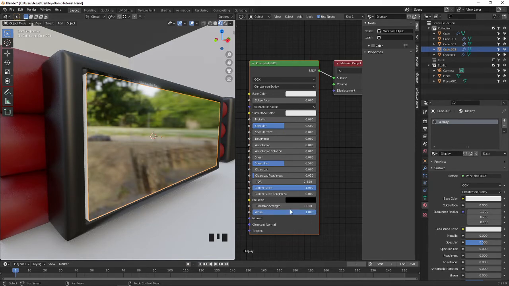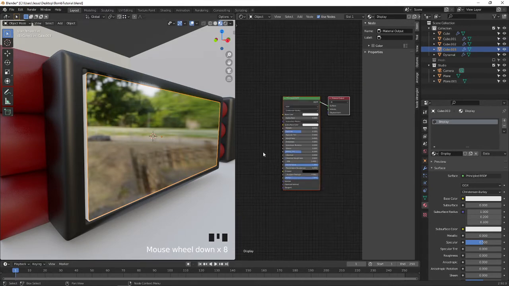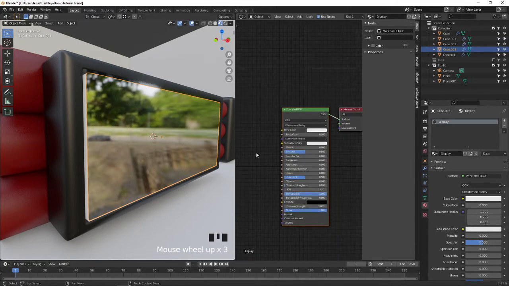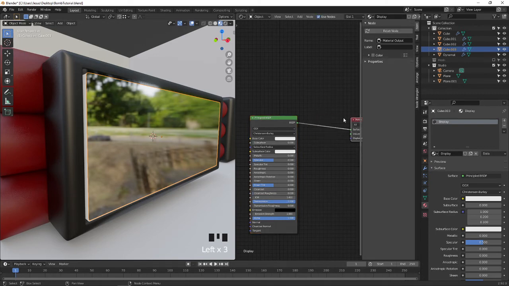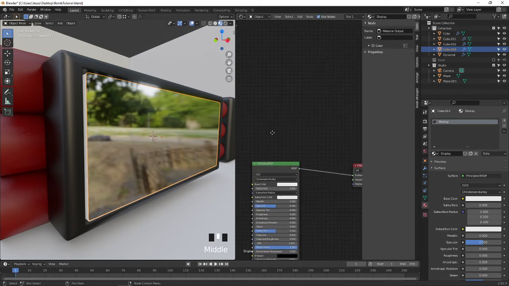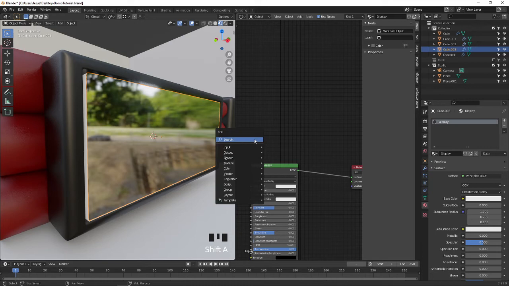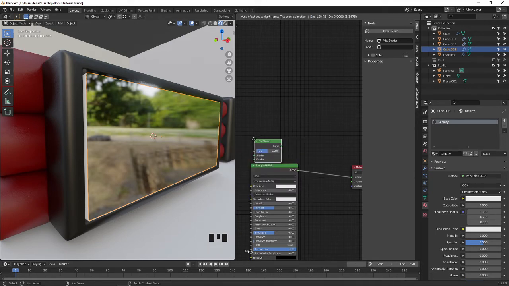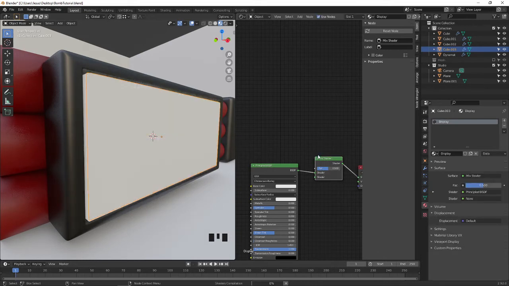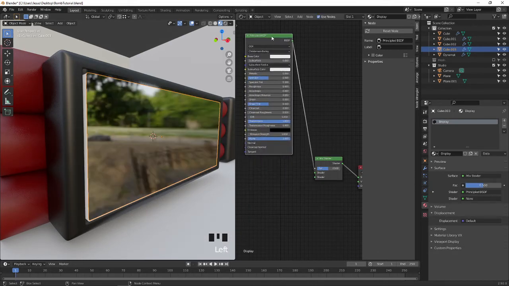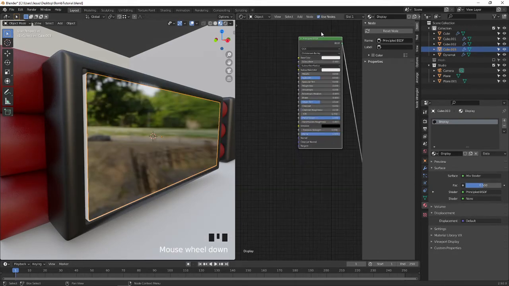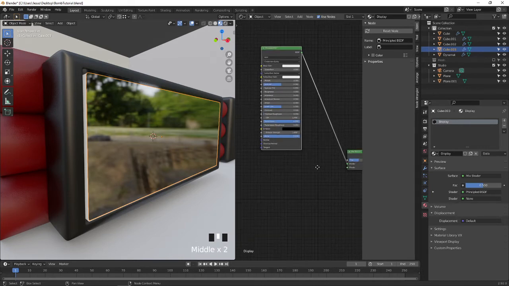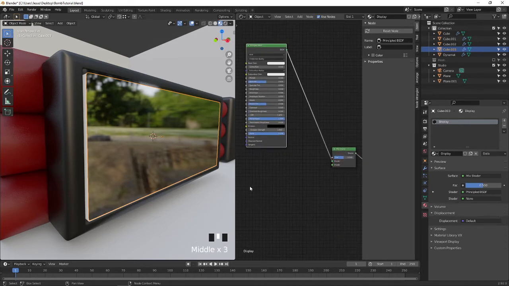So we can do some other option for the seam. Move this one, select this and move and create, Control Shift A and mix shader. And I'm going to make it a glossy finish for this.